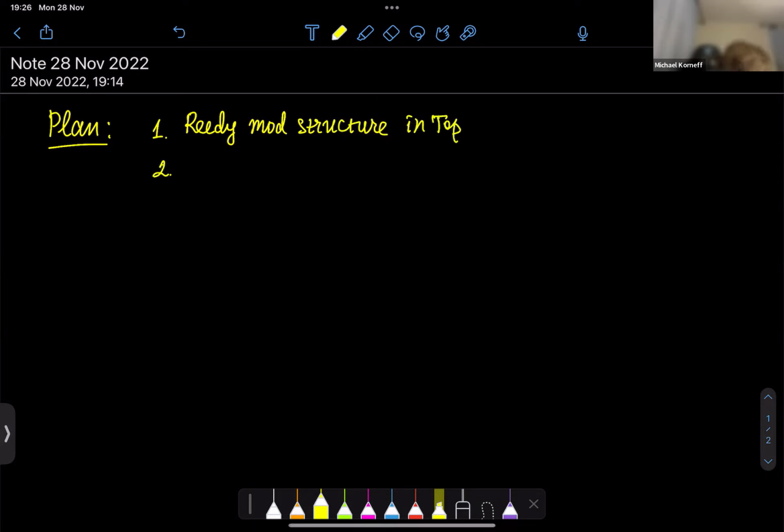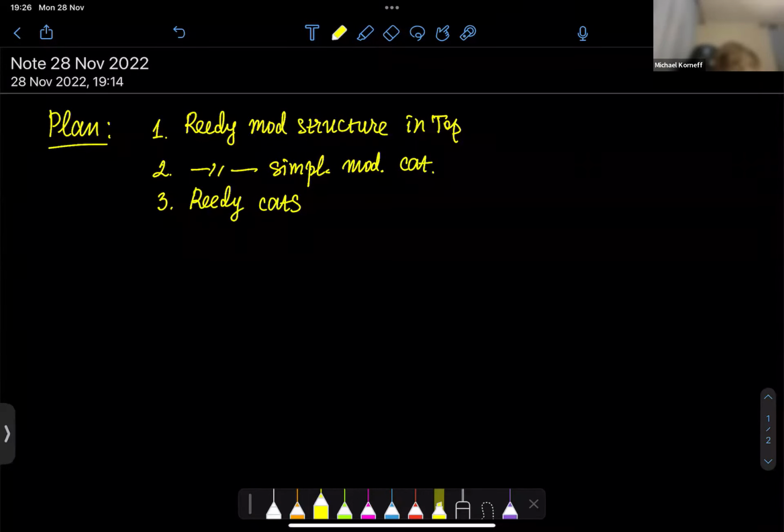The second point is the same in simplicial model category. Sorry. The third one is Reedy categories in general setting and